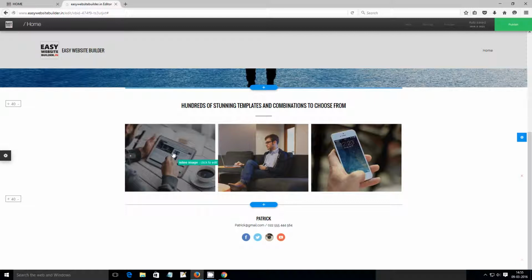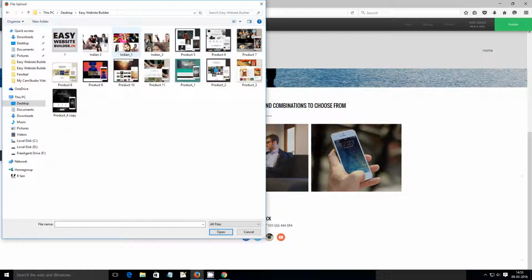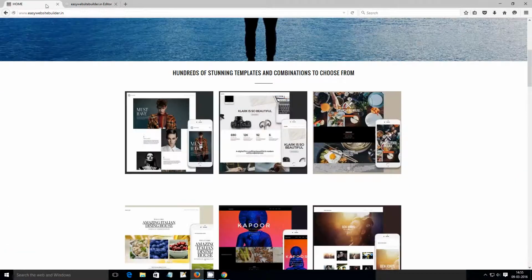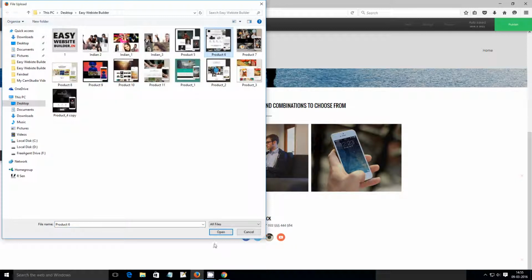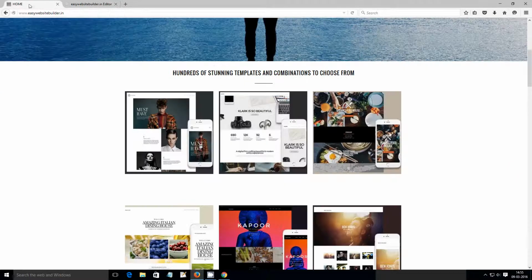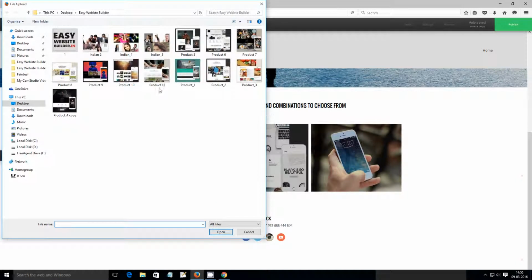Now let us click one of these images and replace the image. I already have the images there with me, so we will say maybe the first one is this, and the next one is the one with the camera, and the third one is the one, let's check that, one with the food. So we'll choose the one with the food,